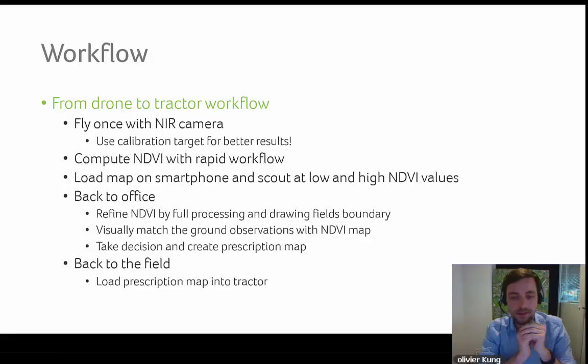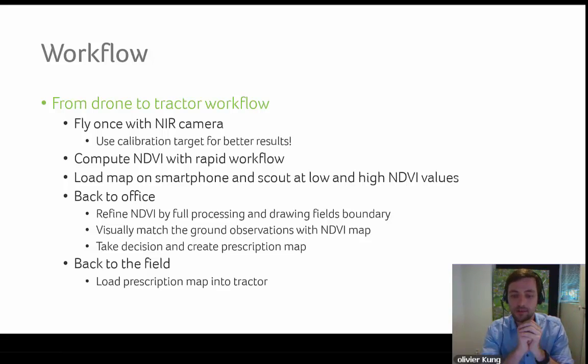So taking a decision is usually about the places where you have very, very low NDVI value. If you checked by scouting that actually it's not even low NDVI value, it's that the plant is really dead, you don't want to start putting fertilizer there. You actually want to save fertilizer, because putting fertilizer on a dead plant is not going to make it happier. You actually want to save your fertilizer for plants which are stressed but not beyond recovery. So this requires some agronomy knowledge, but thanks to the match of the visual observation and your knowledge of the field and the match with the NDVI map,